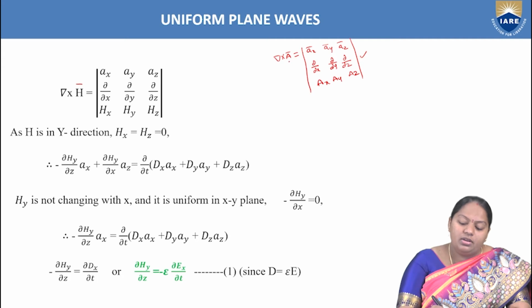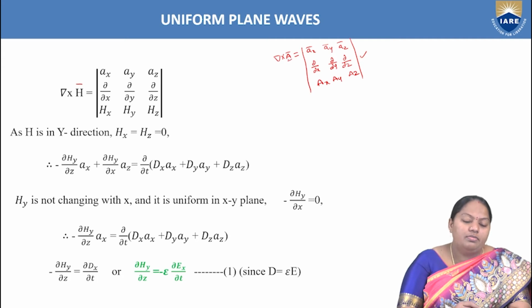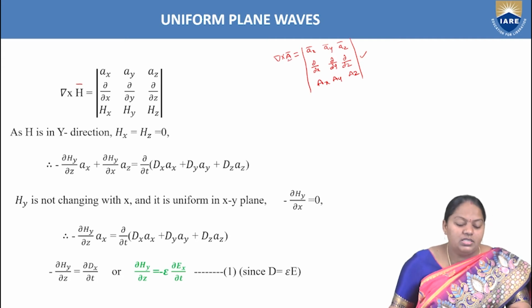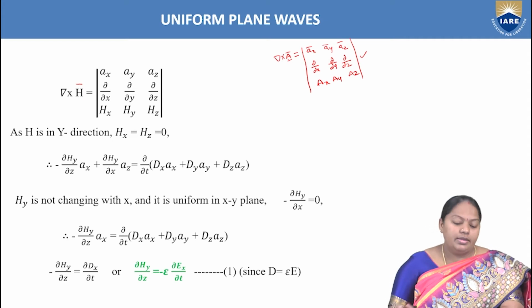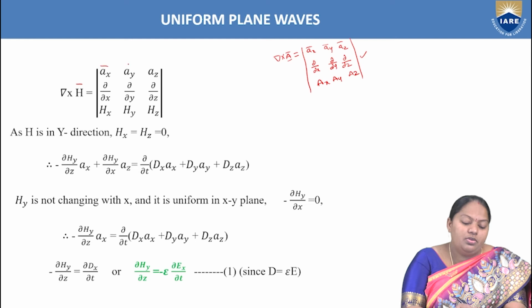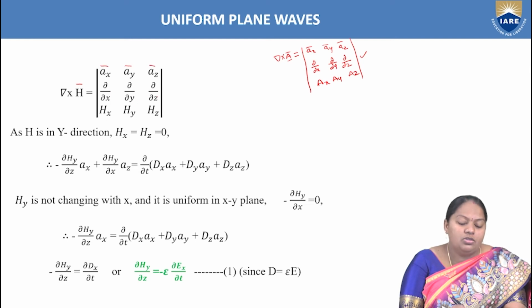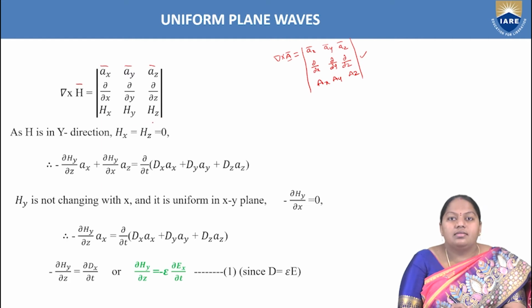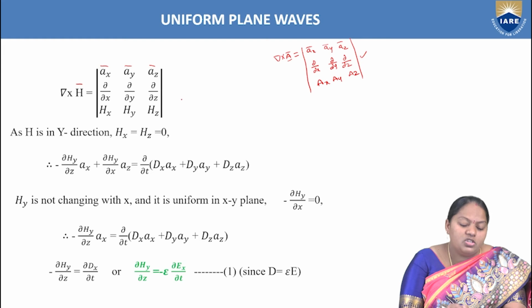So in place of vector A, we have the magnetic field intensity H. Hence, in the first row, ax, ay, az are the three unit vectors, then ∂/∂x, ∂/∂y and ∂/∂z, and in the third row, we have the magnitudes of the three directions, Hx, Hy, Hz. Now, upon expansion of this, it is equal to